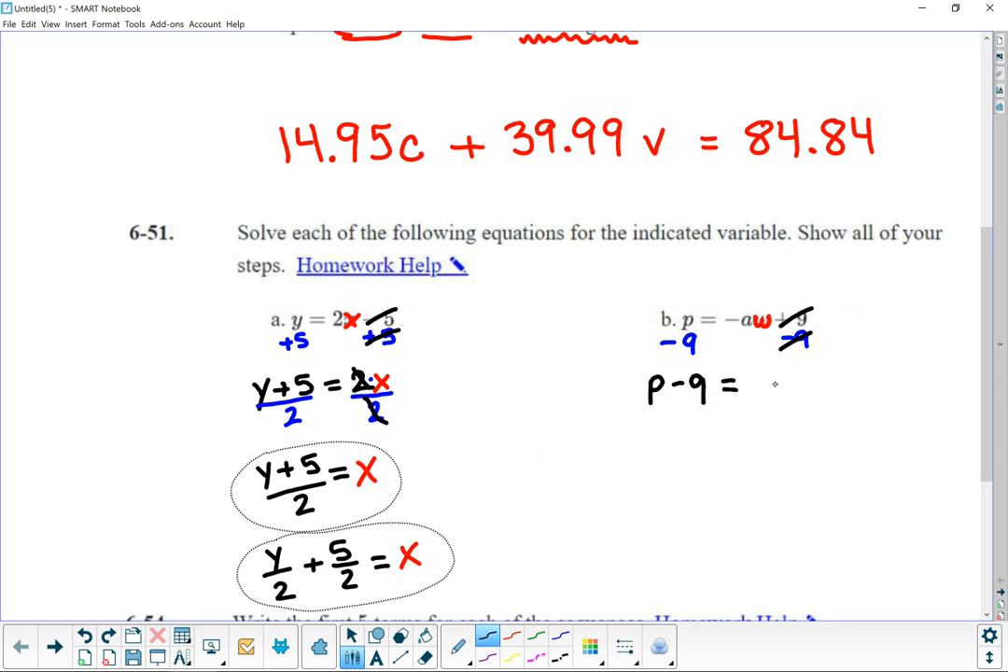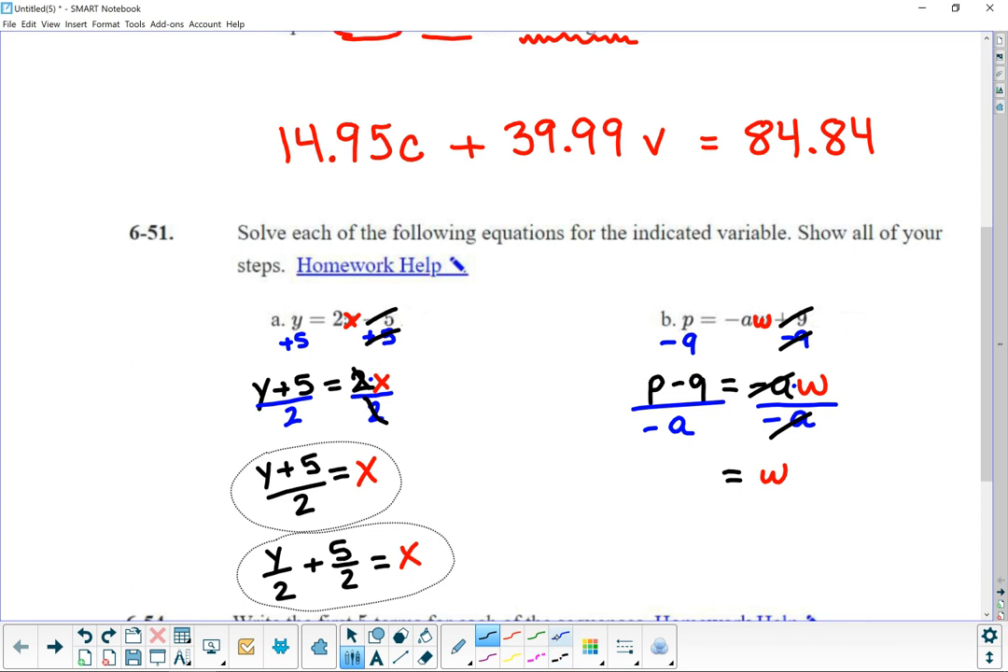Okay, and you're going to copy the rest, minus, or excuse me, equals negative A times W. Right? And now, look at this. We're right up next to the W, and that's a multiplication. We need to undo that multiplication by dividing by negative A. That's going to cancel even the negatives, and we will be left with W